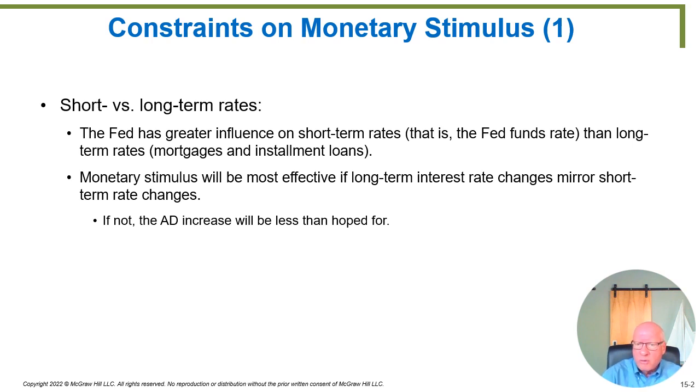But I think you can all recognize very quickly that stimulating the money market for 30-day loans may not stimulate the mortgage market, because the mortgage market may not respond to the increased money supply. It may all be absorbed in the 30-day loan market. So maybe the aggregate demand will not increase as much as we hoped. If the Federal Reserve creates an extra $50 billion, which is a lot of money, and it all stays in the 30-day loan market and doesn't affect the mortgage market, it may not stimulate the economy very much. So that would be a constraint on the policy.